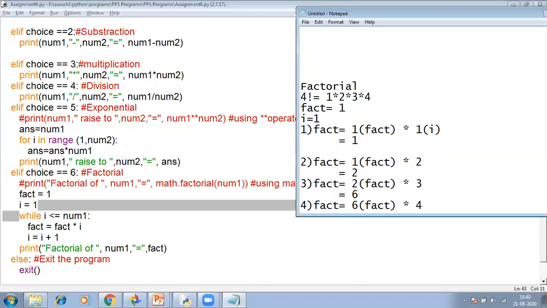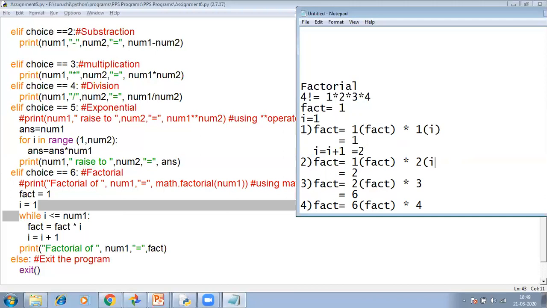So you make I equal to I plus 1. So I becomes, sorry, this is plus. So I becomes equal to 2.